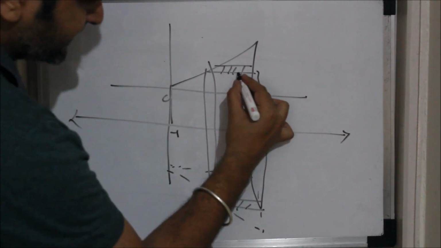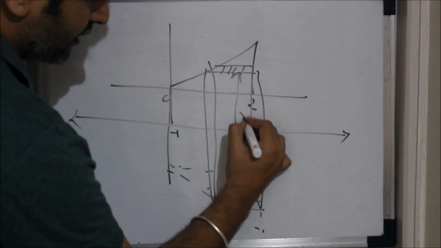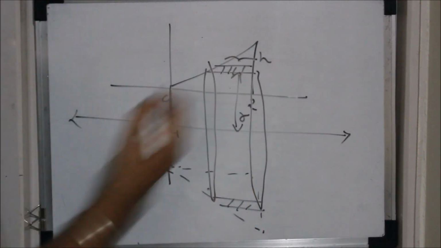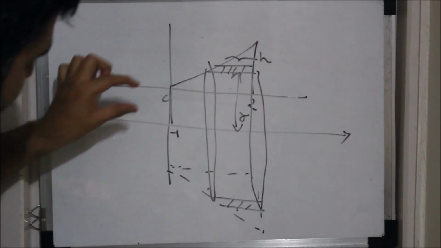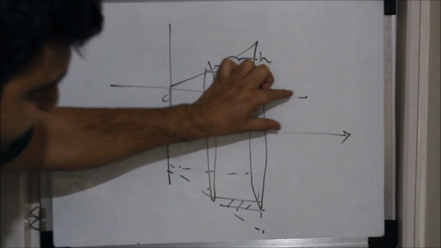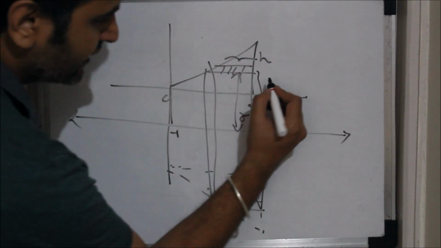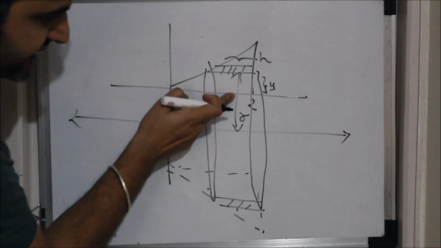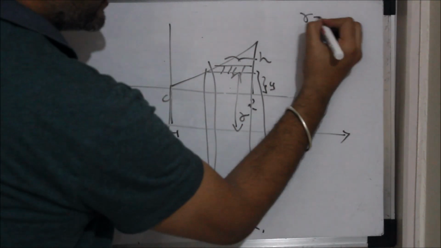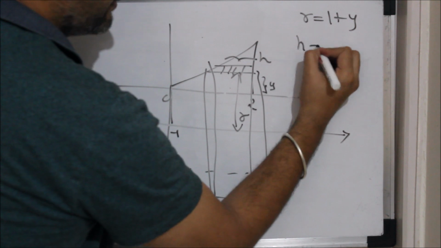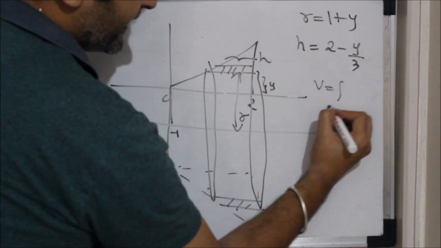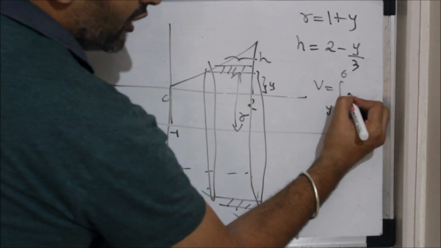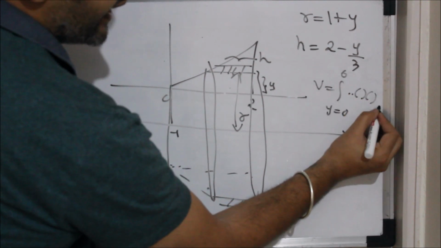Right? So now what is the radius? This is my radius. And height will again remain the same, so height will be nothing but 2 minus y by 3. Whereas what is the radius? This part is the radius. As you can see, this one distance is always fixed, and what is changing is y, the distance from the origin. So my radius will be 1 plus y, and our height will be the same, which was 2 minus y by 3. And so volume will be the integration, y going from 0 to 6, of 2 pi times shell radius times shell height times dy.